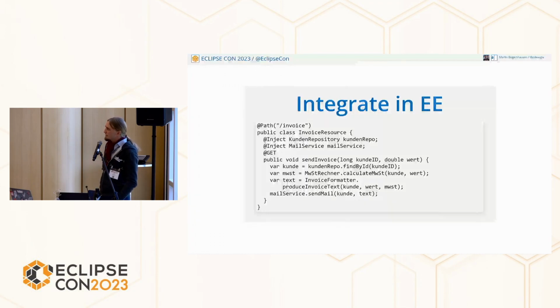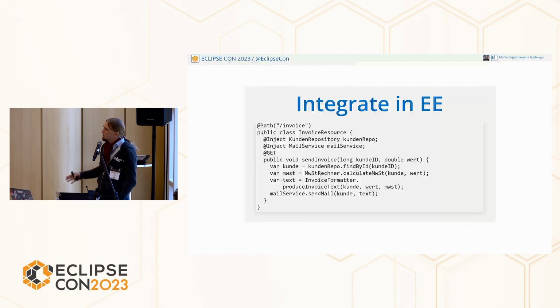This is one of the integrations. Yes, we could again put these calls for the formatting and the calculation inside their own service, but it's better fitting on a slide like this, and I think everybody can do this small step. We have this resource. It has the standard injection points for, let's say, a Kunde repository and a mailing service. We get a request, please send an invoice to this customer about this value. Yes, I know there might be a little bit more information, but we can load that from a database as well.